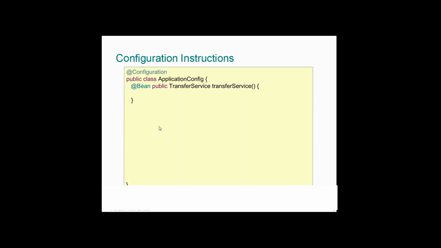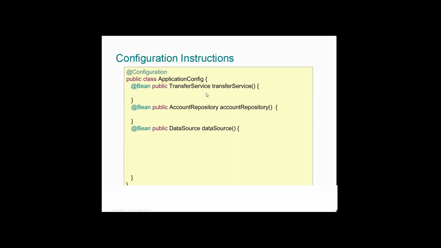Okay, so like this I'll write several methods which have the @Bean annotation. So the account repository method is going to create an account repository object, and the transfer service method is going to create a transfer service object, return it and put it into the container. Now I have one more thing, a data source method which is going to return the data source. Okay, if I write this method and it doesn't have anything, it doesn't return anything,